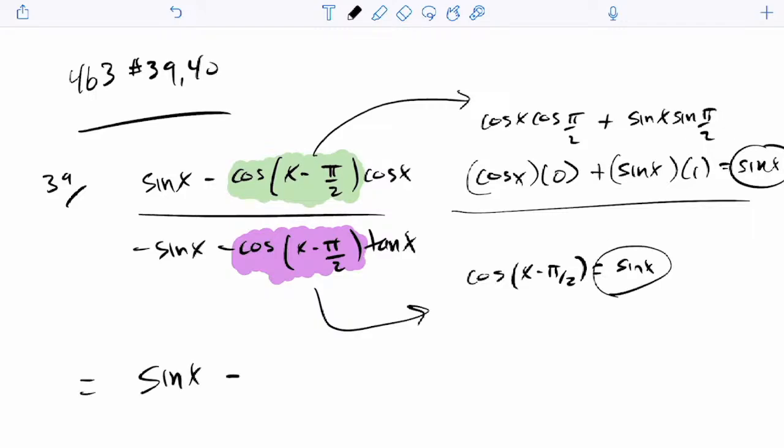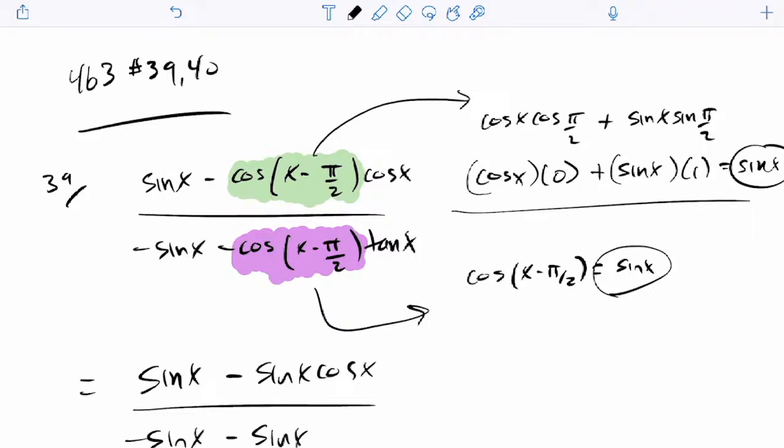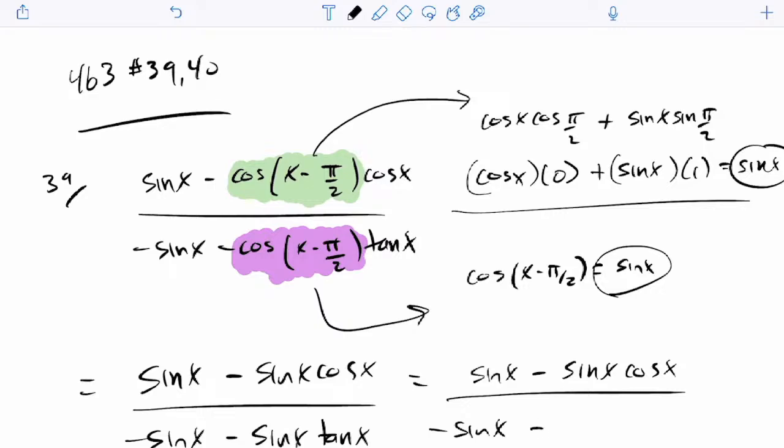This becomes sine x minus sine x cos x over negative sine x minus sine x tan of x. So they're not going to leave it like this. I've got a sine x in the top, but you also have one here. This just becomes sine x over,